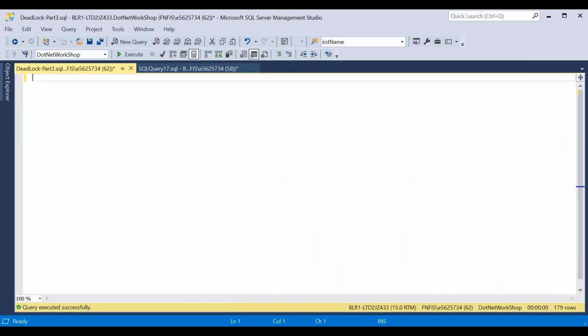Now I'm going to explain another concept, which is the clustered index. I hope you have already heard about indexes. An index is like a page.